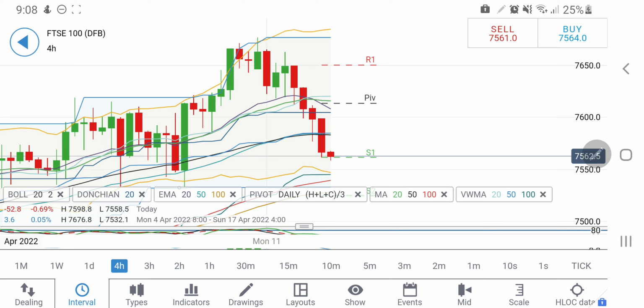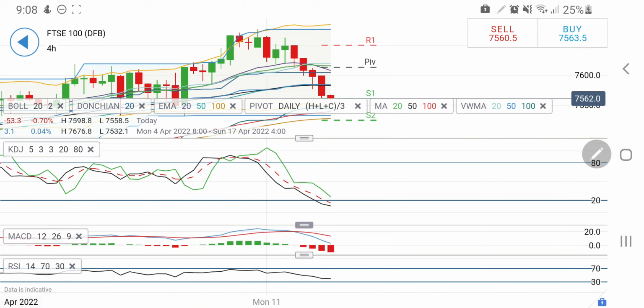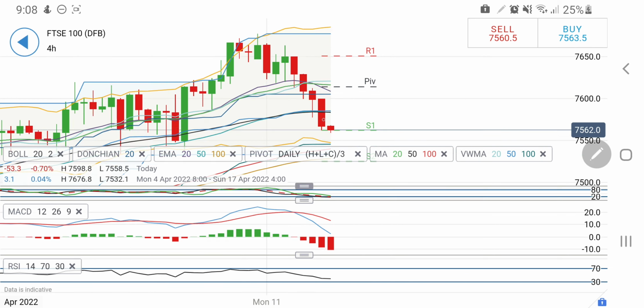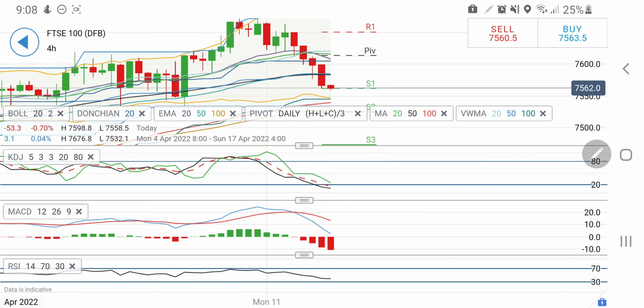Also look at this. It may try to take a support at 7540 before looking forward to a rise here. Now look at the 4-hour stochastic. It has now entered the extremely oversold zone, indicating a bounce back is a must. MACD is strongly divergent there, and the highs have been seen. I think from here this should reverse. A long entry can be taken in the 7580-7590 zone. If it goes beyond 7580, you can expect 7590, and beyond that one can expect 7610 levels.